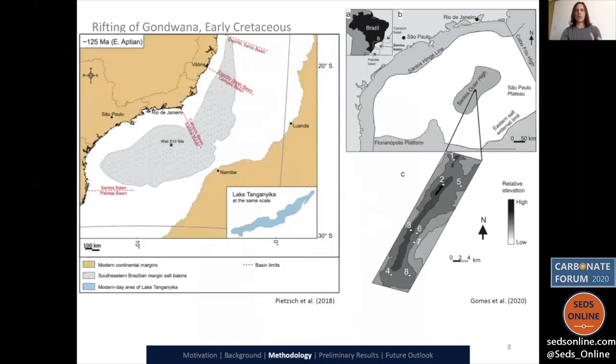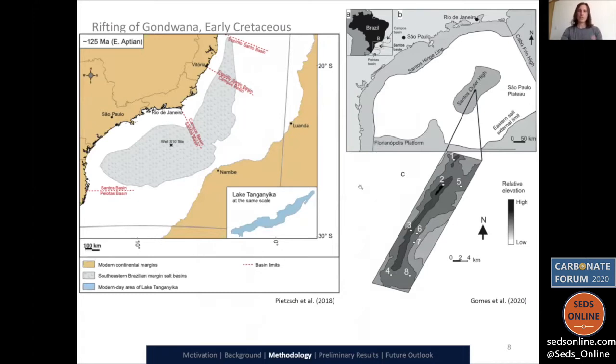So turning now to our analog system for the more distant past, these non-skeletal lacustrine pre-salt carbonates of the Barra Velha Formation offshore southeastern Brazil. They have been deposited during the early Cretaceous, during the rifting of Gondwana. As you see here, this map to our left is a rough paleogeographic